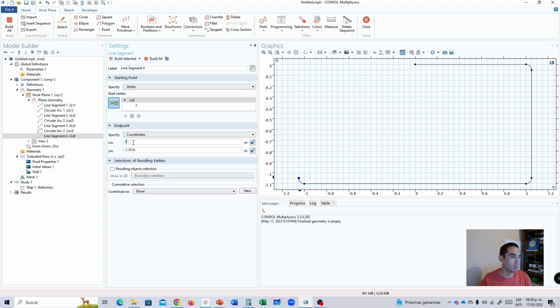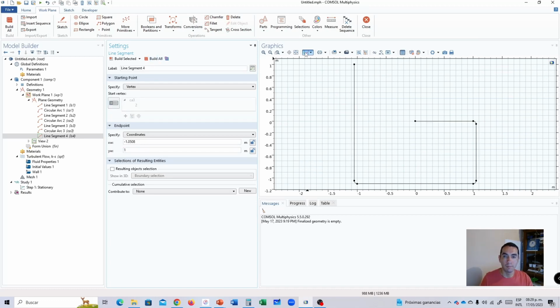Okay, I think that I'm not writing right. These are the right parameters. Okay, minus 1.0508 in x, and in y is going to be 1 meter. Okay, next